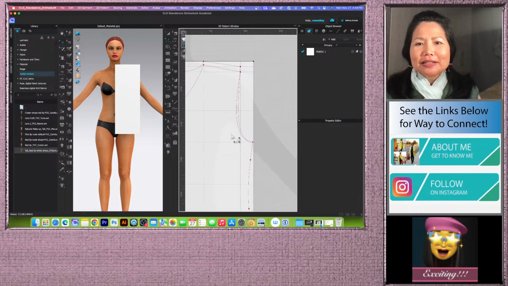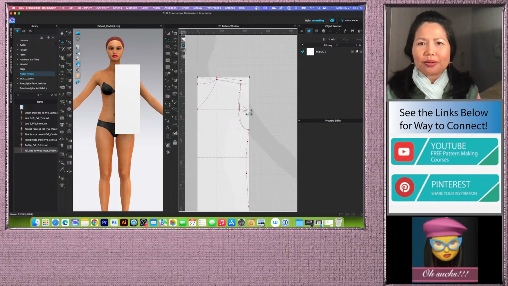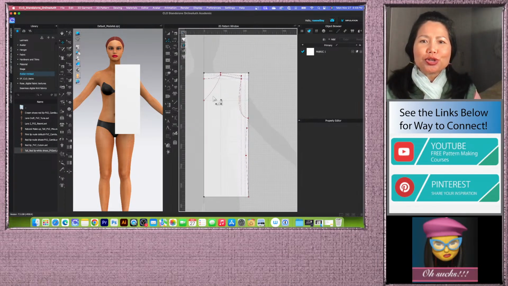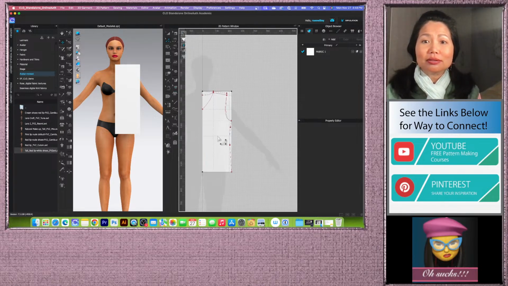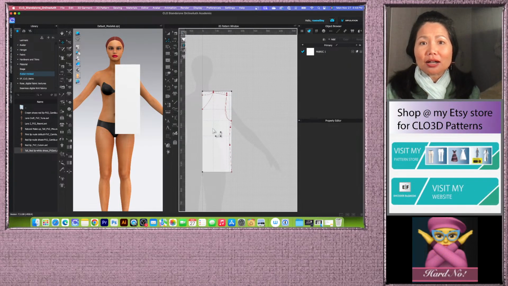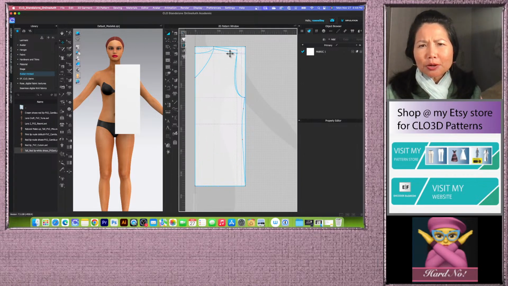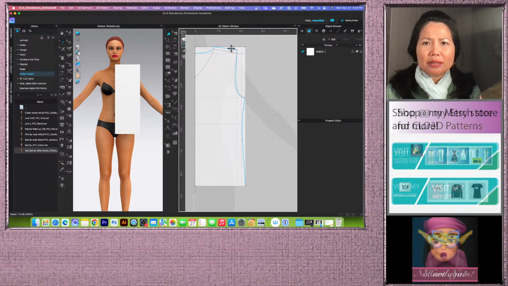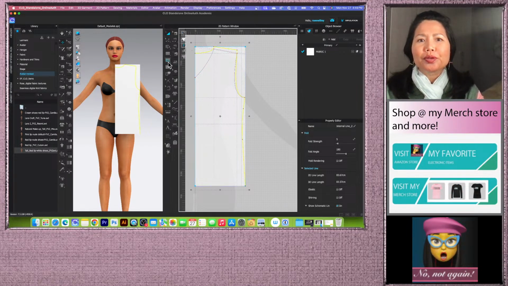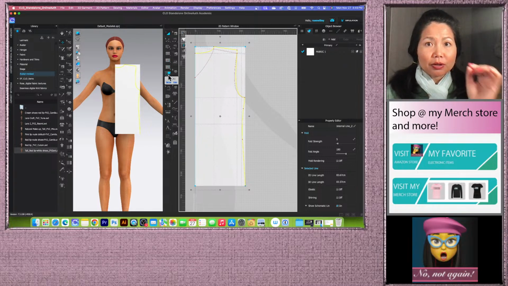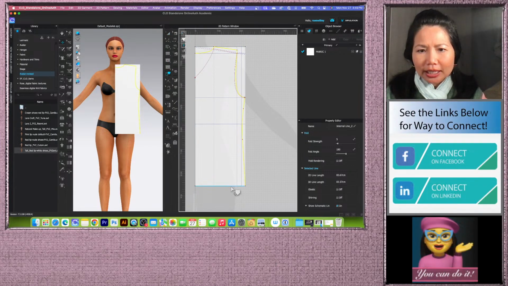All right, so now this is just a hint of what that would do. Now we are going to trace this pattern and turn that into a basic pattern block. To trace this pattern, I will first select the transform pattern tool, and I'm going to trace the back pattern first. Simply click right here, and I'm going to use the trace tool. I will press shift first, then click on that trace tool right there, and click down here,